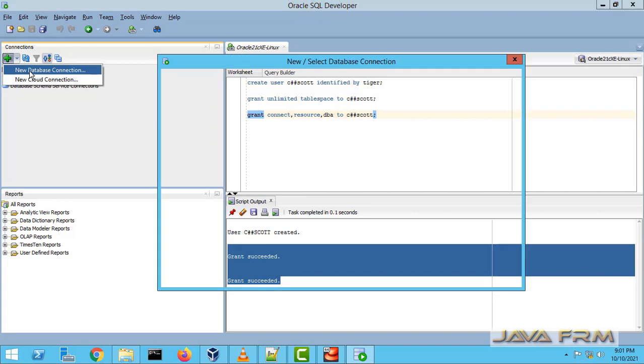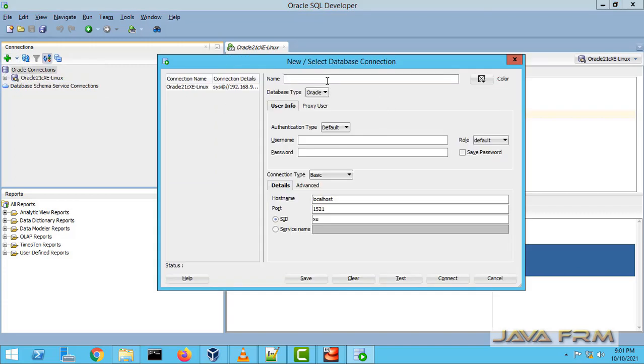Now the second step is we are going to connect the C##SCOTT user from SQL Developer. So I am creating one new connection. The username should be C##SCOTT. The C## is mandatory here for a common user.